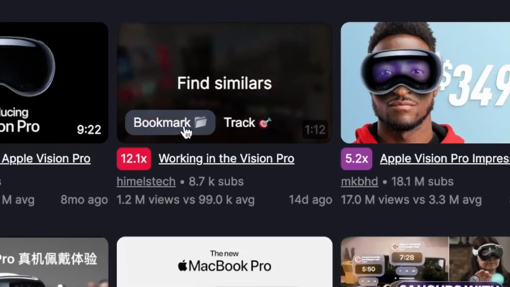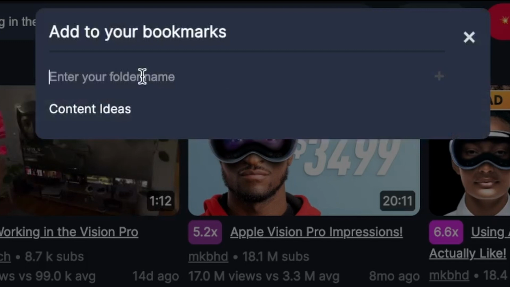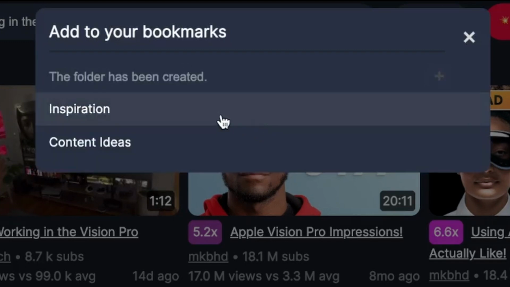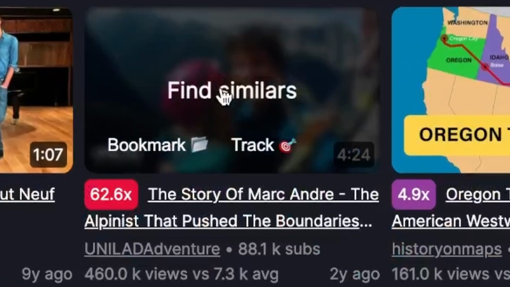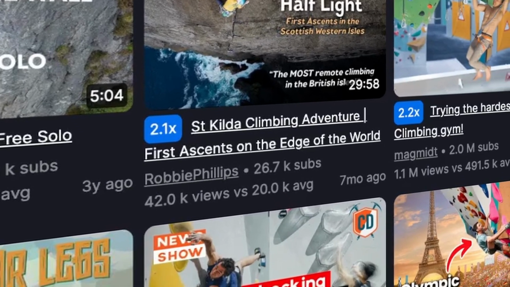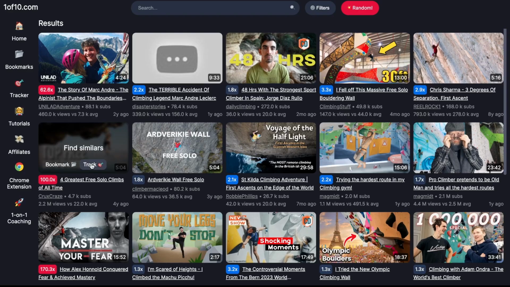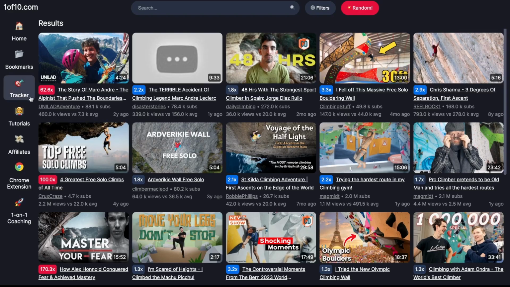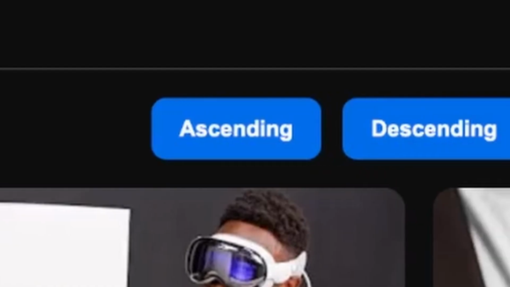You can also bookmark videos by hovering over the video and clicking bookmark. You can also put these into different folders, which you can access at any time. You can also find similar videos. To find a similar video, just hover over the video and click Find Similars, and it will help you find similar videos and topics. You can also track a channel or competitor. To do this, just hover over any video and click Track. And you can come over to the tracker section and track them through there. And you can even download a Chrome extension, which allows you to look at how the video is performing directly on YouTube. There are plenty more features that you can find inside, but the question is, should you buy it